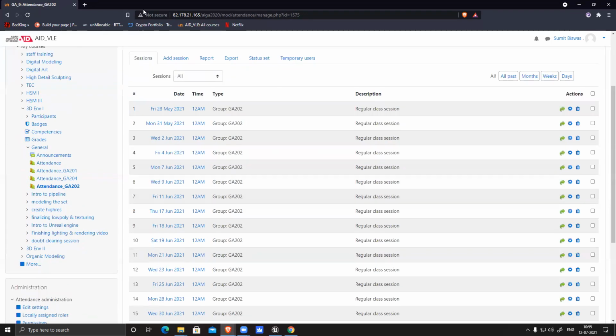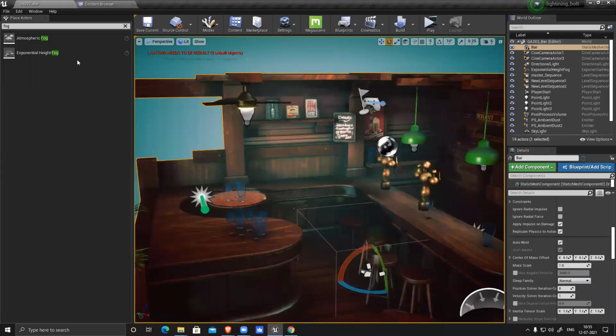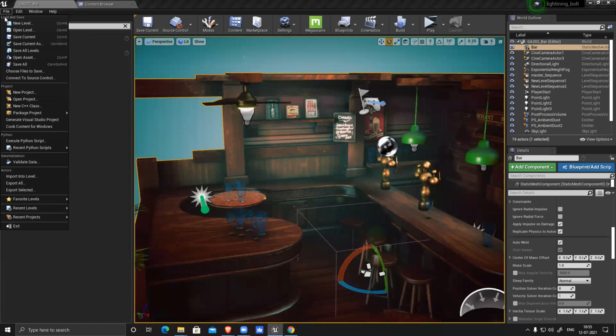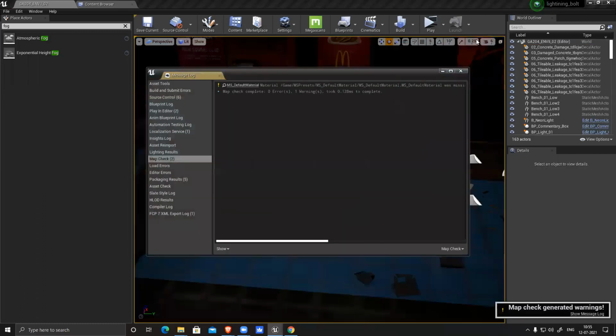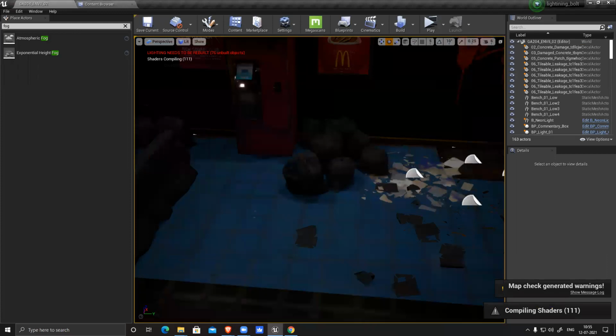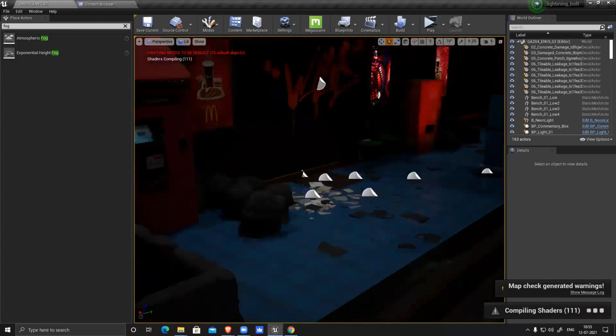Okay, so for environment two, I guess I have a scene. I'll show you from another model we're currently working on. It's still going on.